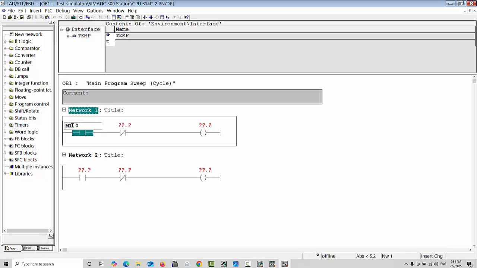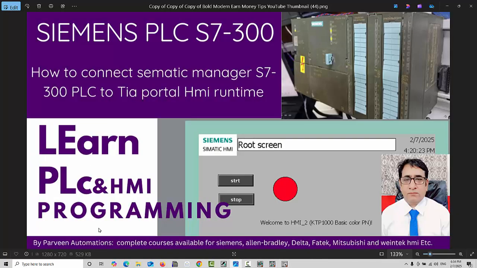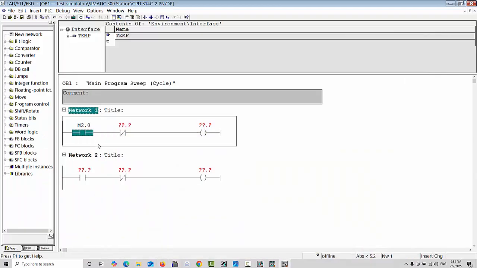Total tags we will choose, I think M2.0, M2.5, and output we can choose Q0.5